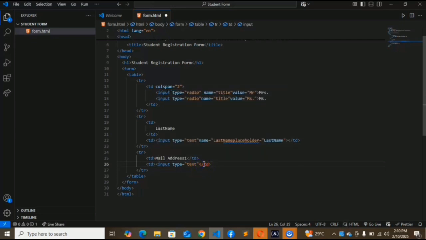So we are going to put a name which is equal to, open quotations, mail 1, we close the tag, so we shall close